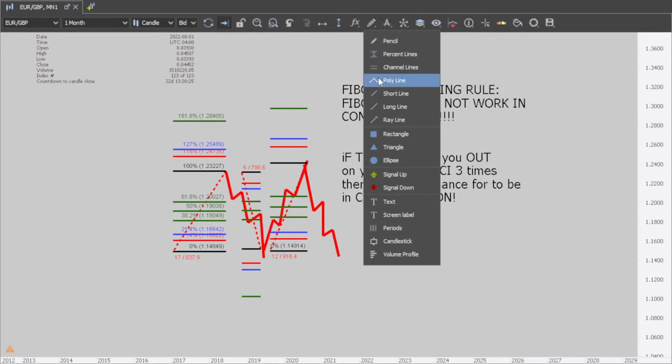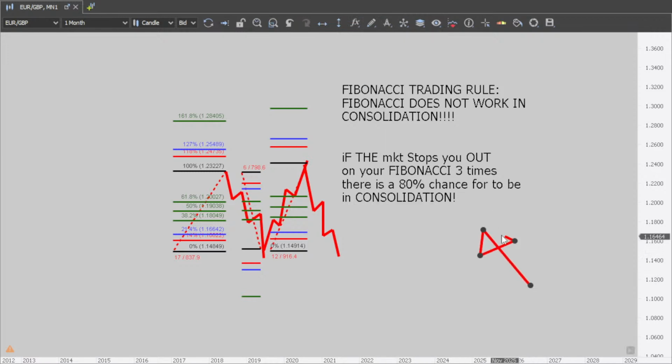Fibonacci trading rule. Fibonacci does not work in consolidation. Euro GBP, great example. If the market stops you out on your Fibonacci 3 times: you bought the market up Fibonacci, the market stopped you out, you shorted the Fibonacci and the market stopped you out for the second time, and then you went long again on the Fibonacci and the market stopped you out for the third time, there is an 80% chance for us,